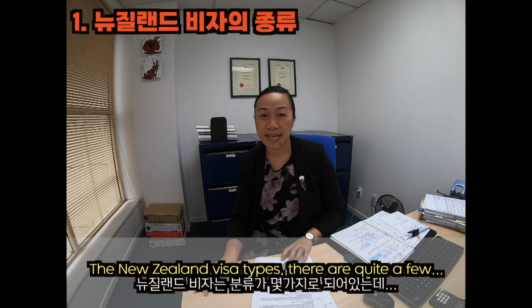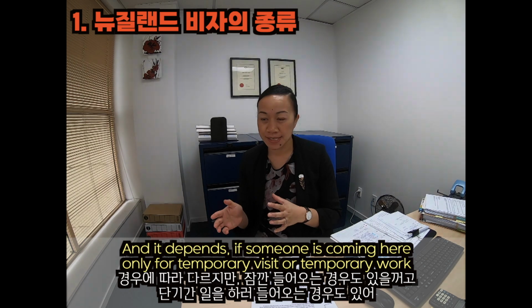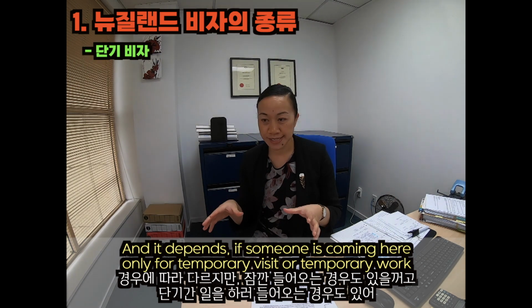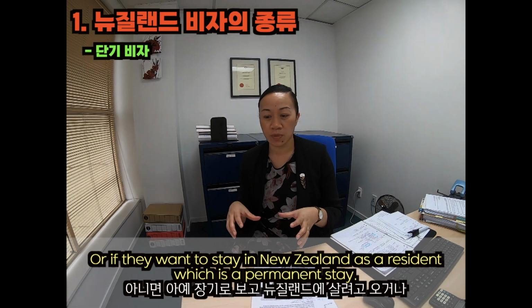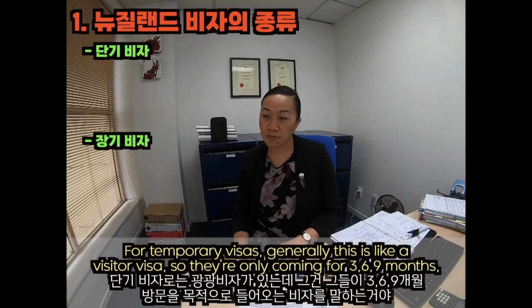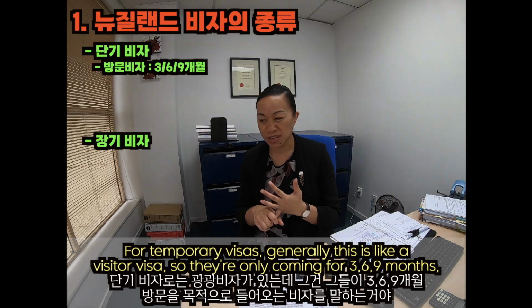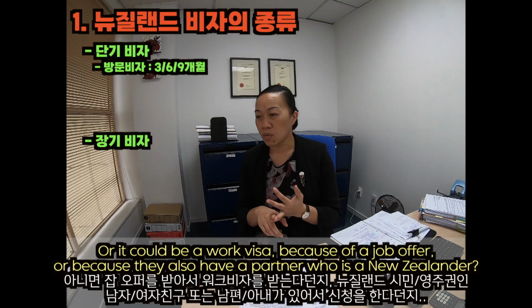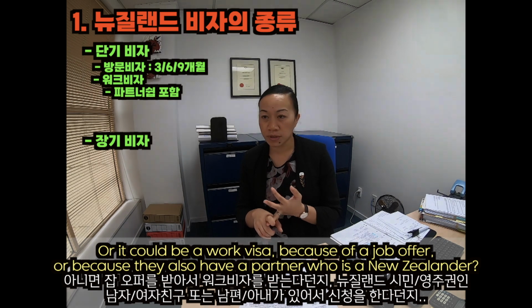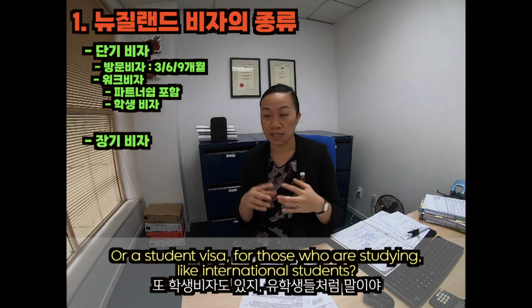The New Zealand visa types, there are quite a few, and it depends if someone is coming here only for a temporary visit or temporary work, or if they want to stay in New Zealand as a resident, which is a permanent stay. For temporary visas, generally this is like a visitor visa, so they're only coming for 3, 6, 9 months. Or it could be a work visa because of a job offer, or because they also have a partner who's a New Zealander. It's also a work visa type, or a student visa for those who are studying, like international